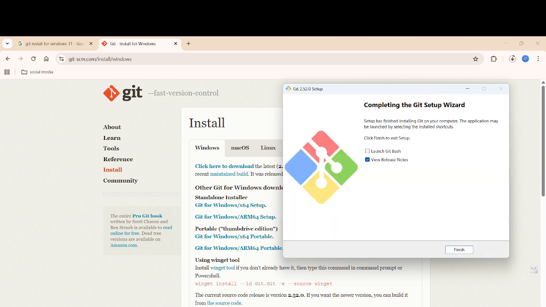Okay, now it has been installed. So I'm selecting launch, and just select finish